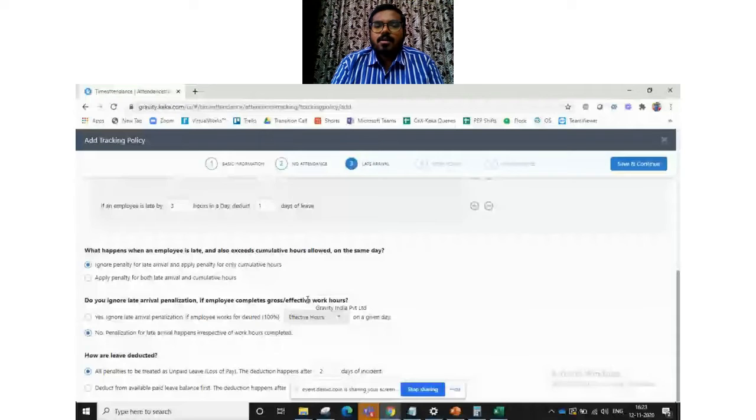I can come at 11 o'clock, and I have to stay until 9 o'clock to complete my number of hours per day. In that case, you can choose yes, ignore the late arrival penalization if the employee works for 100% of effective hours or gross hours on a given day. If not, no penalization for late arrival happens irrespective of work hours completed.